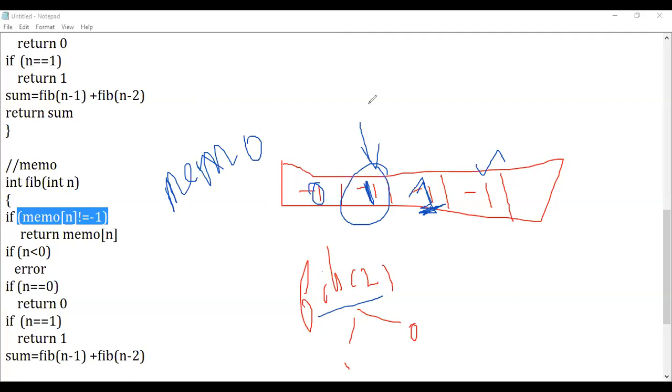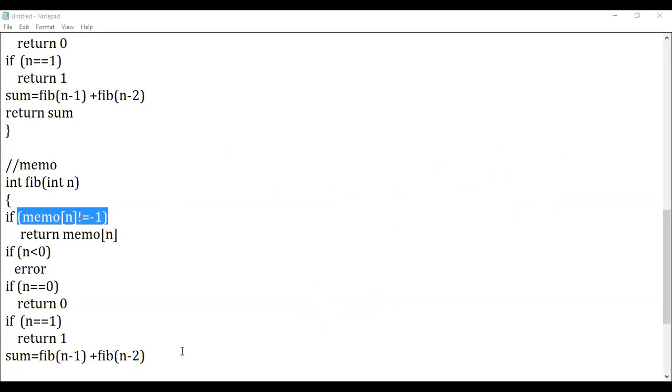Guys, are you following me? If it is not equal to -1, it means that the data is calculated and stored already, so you're going to fetch the value. If it is equal to -1, then go further; this condition will not be satisfied. So by using memoization, I can initialize the array as -1, and store the calculated results. I can store the values as fibo of 0, fibo of 1, at the index positions 0th, first, second, third. So this is fibo of 2, this is fibo of 3. Each and every time I'm going to check whether it is not equal to -1, just fetch the value. If it is equal to -1, I'm going to proceed further and calculate it.